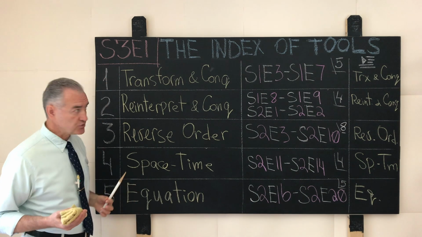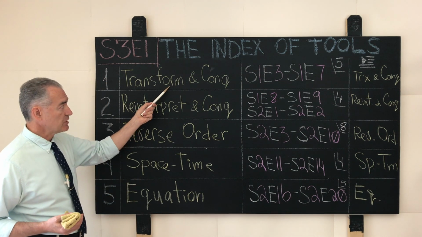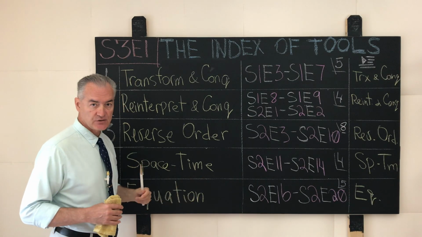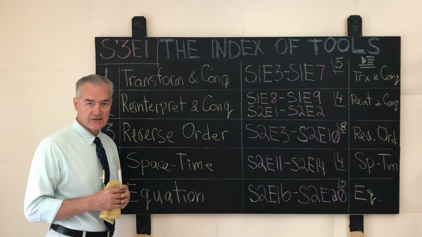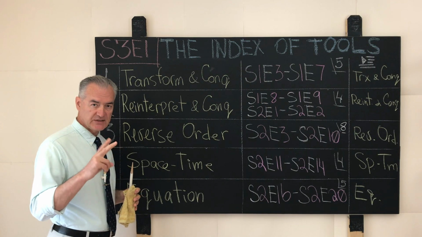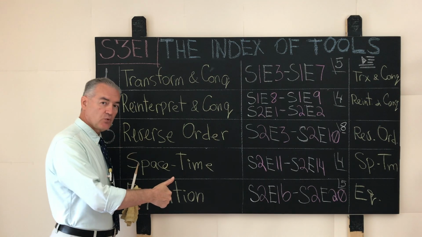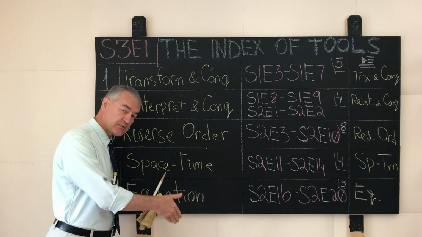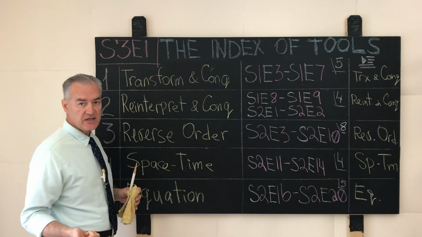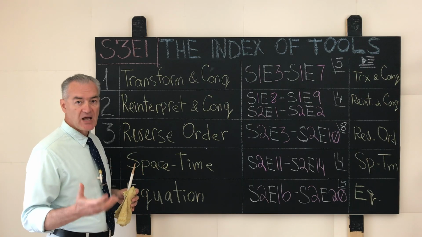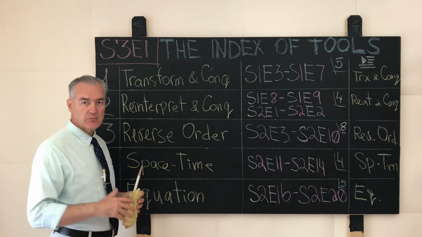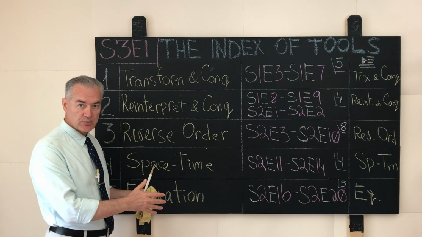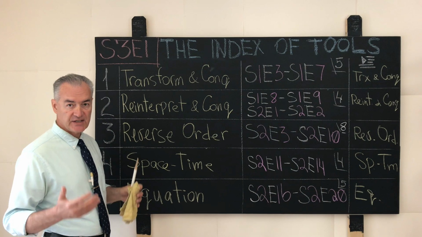Basically, in 2 seconds or less, if we want to apply the Transform and Conquer problem-solving approach to the process of generating a solution to this or that technical problem, we should follow 2 basic ideas. On the one hand, we want to preserve the technical essence of the given problem because it is this problem that we want to solve. On the other hand, we want to transform the material in that problem into a different setting that honors the technical essence of the original problem, but in a setting that gives us a technical advantage.